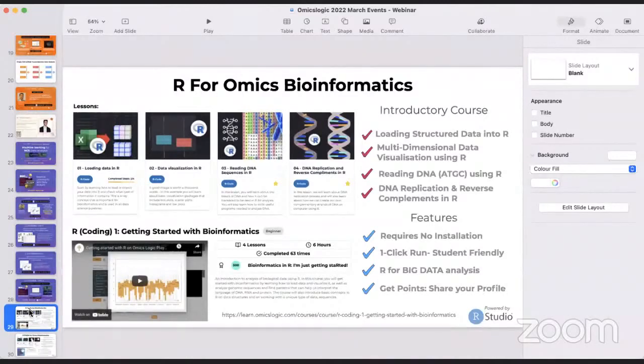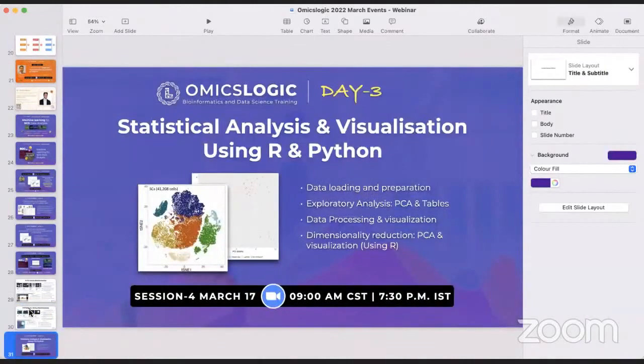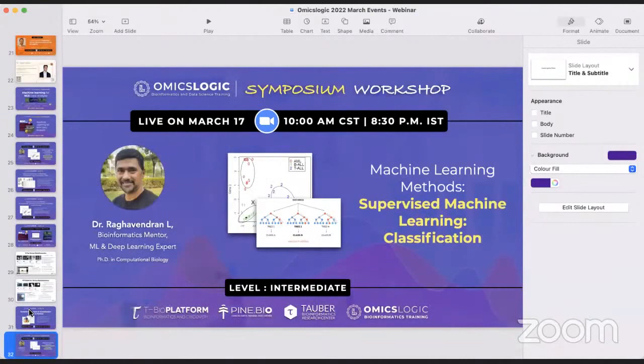Here you will learn about different sessions that we take and go through these different analysis and steps. So the last session is also to get you through R and Python, and to learn about how to do PCAs and how to build those using R and Python. And then it would be about the classification.